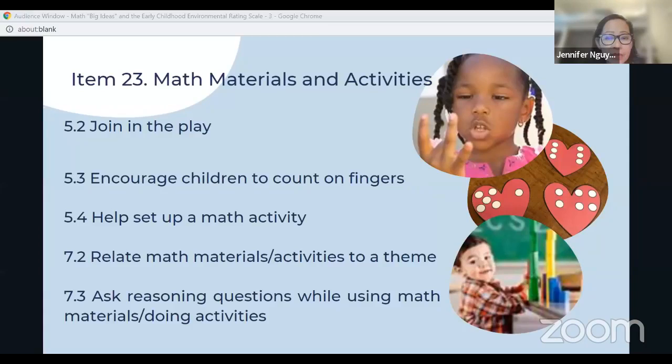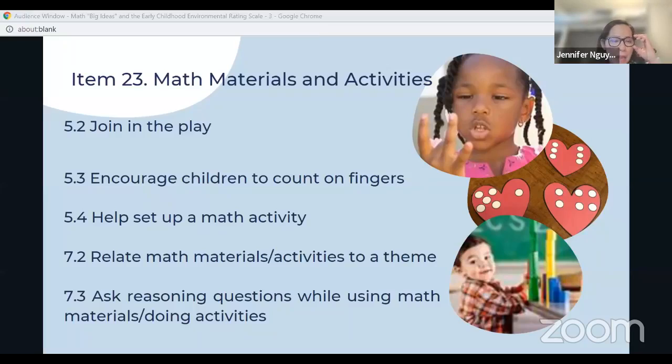So if you're familiar with the Classroom Assessment Scoring System, Pre-K, then this would be a concept development, instructional support type of interaction. So it'd be the how questions, the why questions, prediction questions, think scientific method. So you can maybe brainstorm some of those critical thinking questions, reasoning questions, as you're doing your lesson planning.